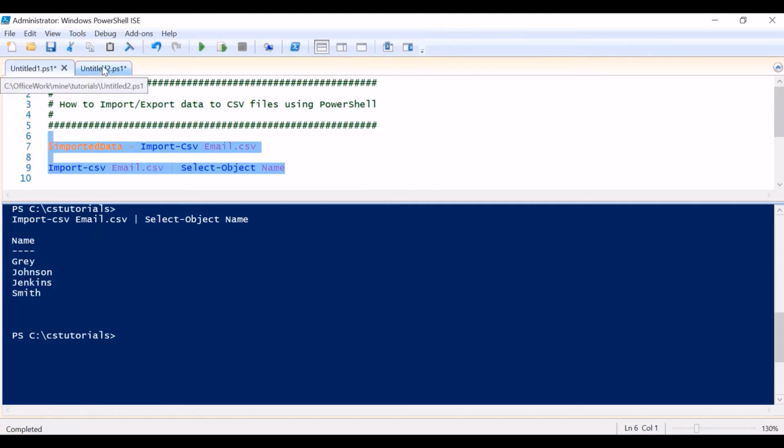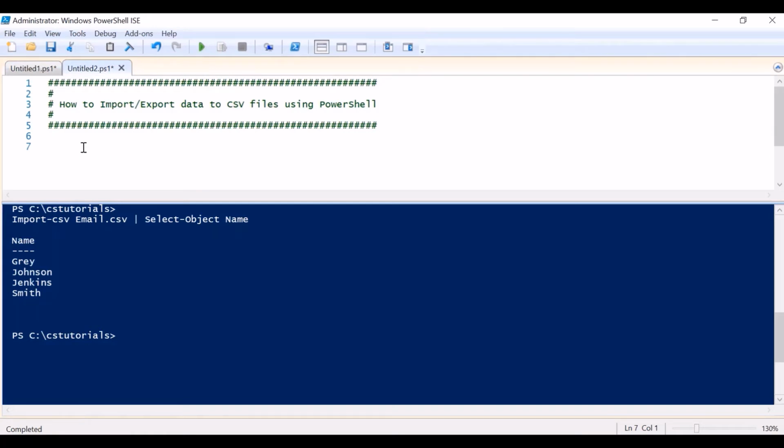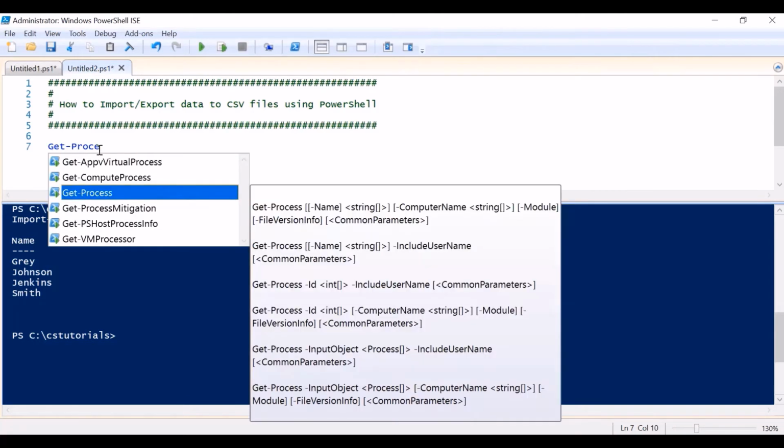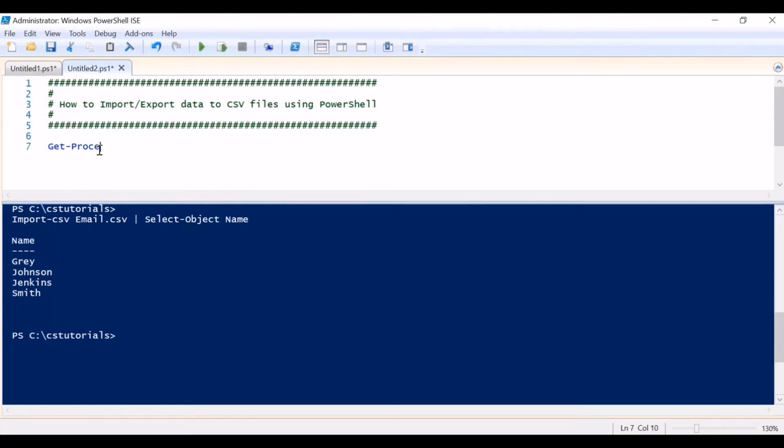Now let's see how we can export data to a CSV file. First of all, I'll use the Get-Process command to get all the processes running on this system, and actually I don't want to get a lot of data, so I'll pass one parameter here to filter out processes.